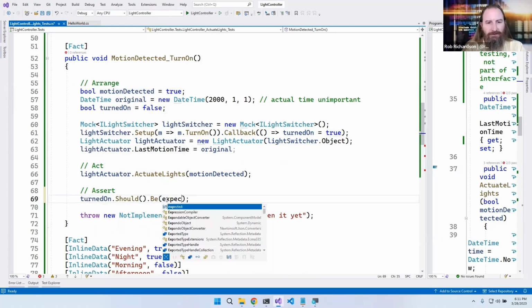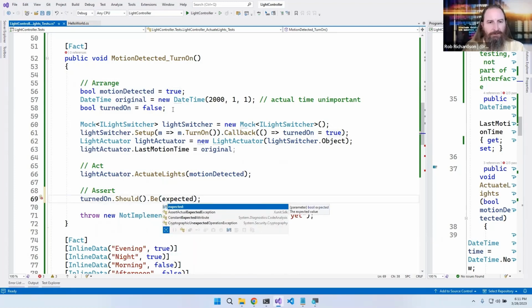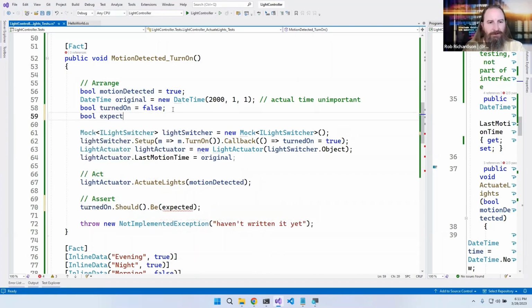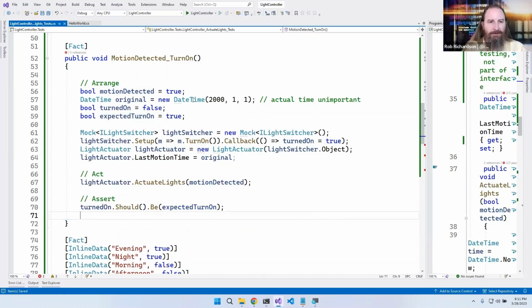Or I'm even going to say expected. And here I'm going to say bool expected turn on equals true. And now I know if that got called. Cool. So my thing is here, and it's setting a particular date,